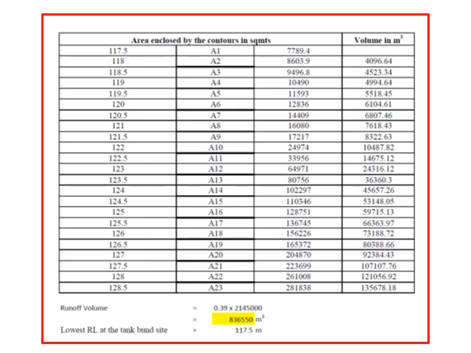Like this we generate the volume between the contours A2 and A3, or A3 and A4, and we write it here. Similarly A4 and A5 we write it here. Like this, the volume generated between A22 and A23 is 1,35,678 meter cube. So now the volume generated between two successive contours has been calculated and entered in this table. Now from the previous calculation we know that the runoff depth is 39 centimeters, which comes to 0.39 meters,